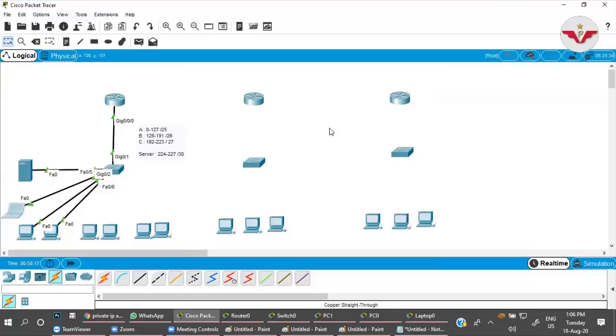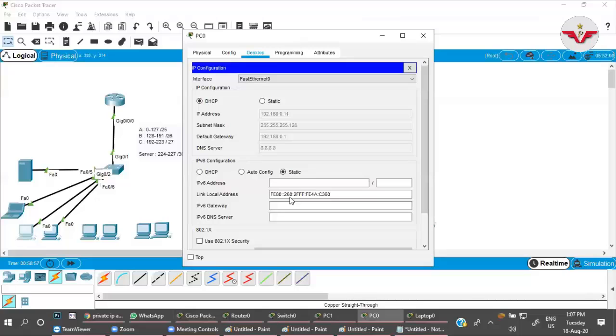Even more, suppose I want a fixed IP on my laptop, I can map my MAC address with that particular IP, so that whenever I connect, I will get that particular IP as per the MAC. That will be reserved for my PC. I will also tell you the command, but it is not for Packet Tracer, but I will show you how it works. Now I have given the IP address to this PC, and all these PCs are communicating with each other. Let me check.